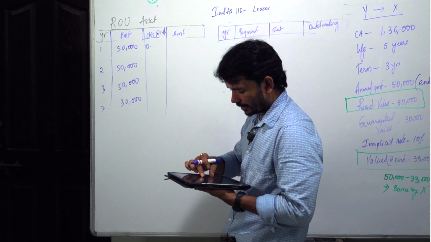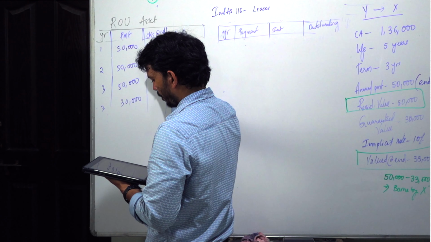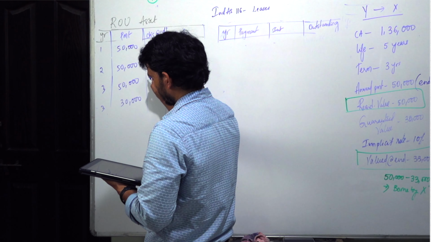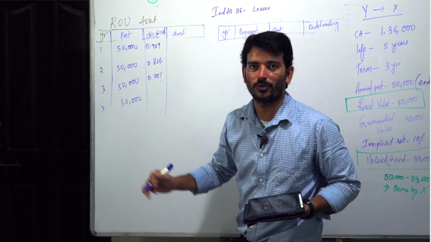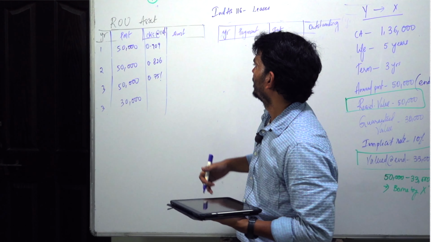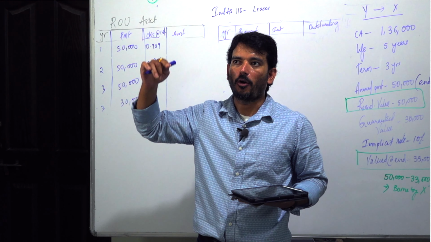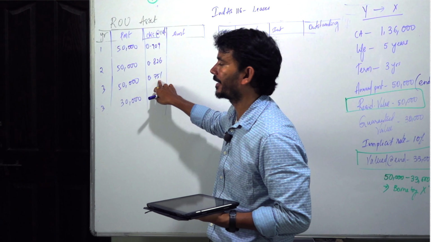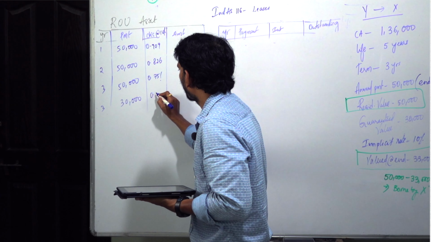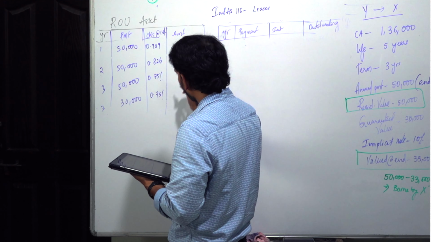So now coming to the rates: 0.909, 0.826, 0.751. So these are the 3 years. I need not tell you how to get these rates. Now coming to the third, the guaranteed value. The obligation might arise at the end of the third year, so I should take the same rate as for the third year, 0.751. Multiplying that gives me an amount of